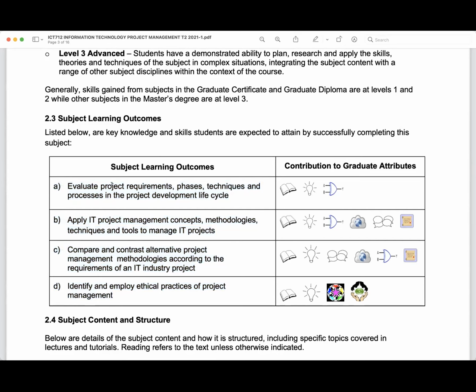So you need to know about the project requirements, project phases, project techniques, and processes. You need to apply IT project management concepts, methodologies, techniques, and tools to be able to manage all of these projects. You need to compare and contrast various project management methodologies, and you'll be using two methodologies for one assignment,